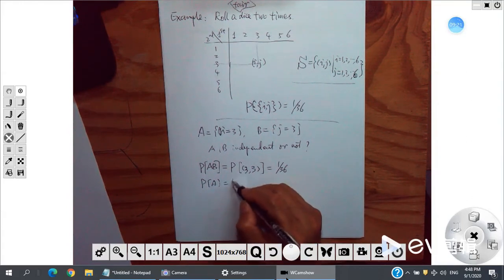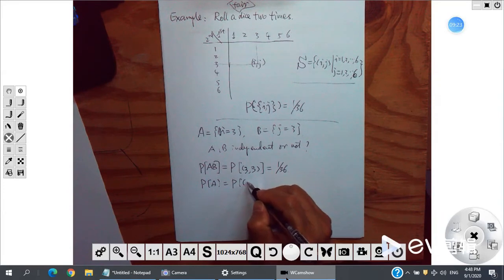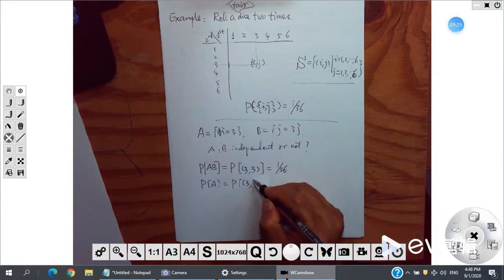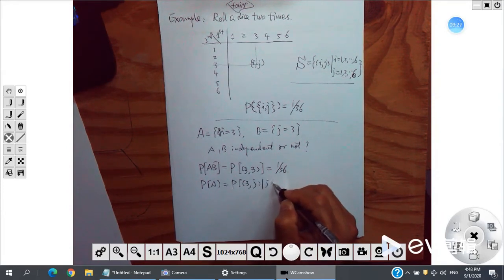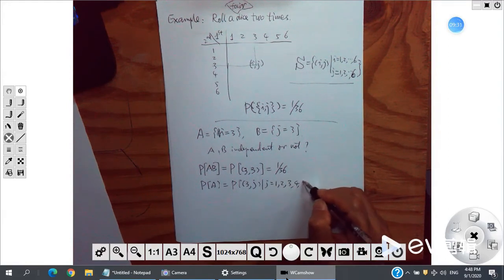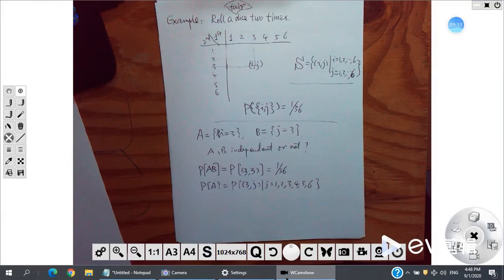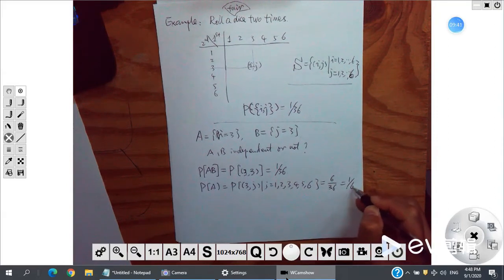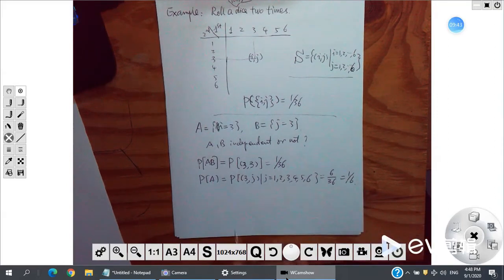that is the probability that I is 3, and J could be any. So J runs from 1 to 6: 1, 2, 3, 4, 5, 6. So totally we have 6 numbers, right? So it's 6 times 1 over 36. This is 1 over 6. It's PA. And PB,